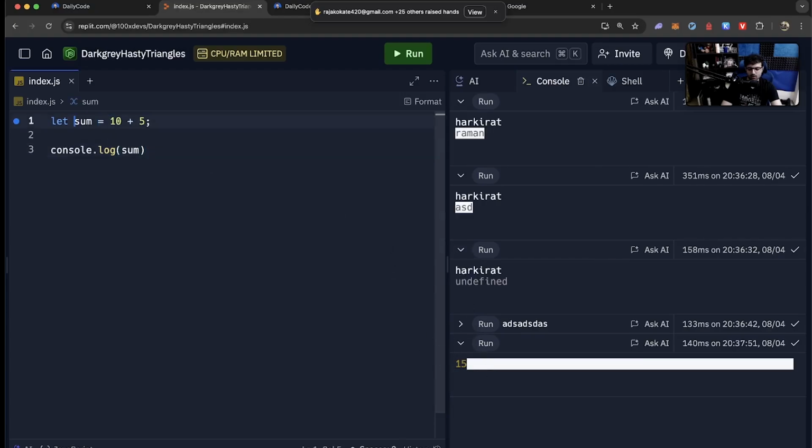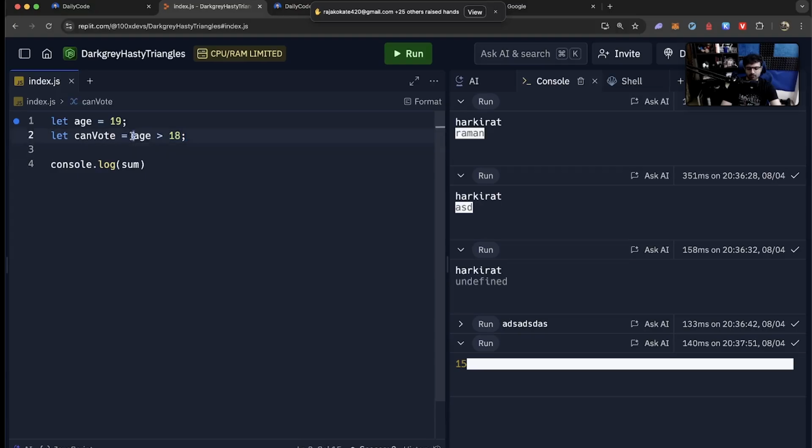Similarly, if I write const is male equal to male, can vote equal to, let age equal to 19. Let's say there is a person whose age is 19. Let can vote equal to age is greater than 18.